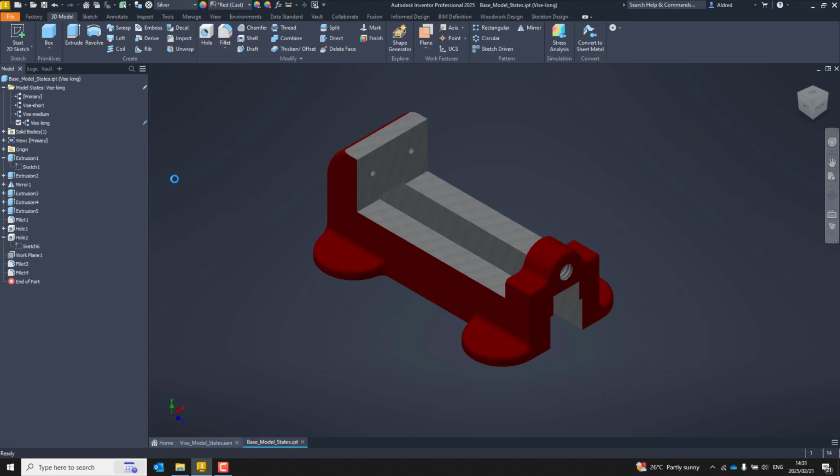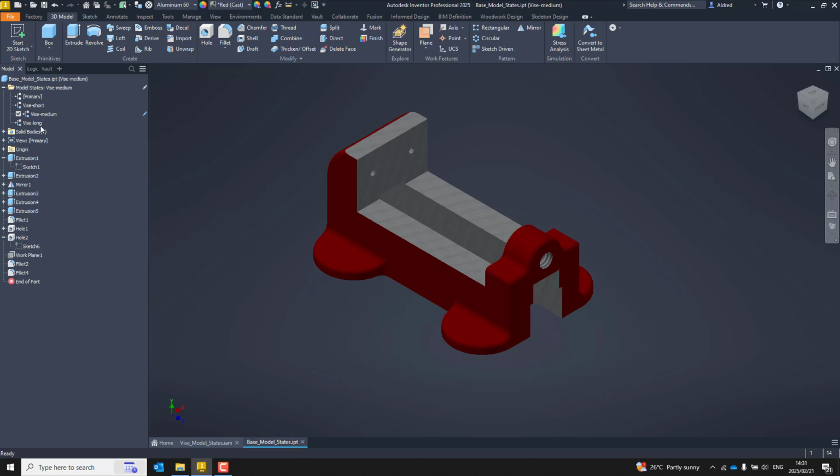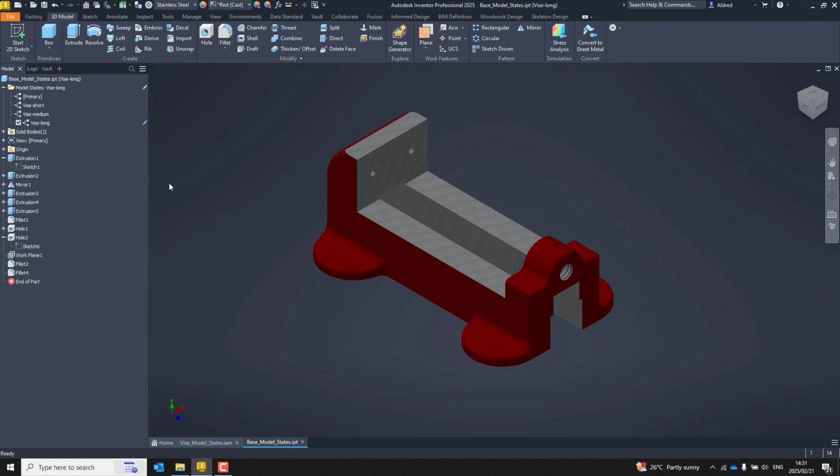So now, if I go back to my vice short or my vice medium, you'll see that that's silver, no, stainless steel. If I go back to my vice short, it's cast steel, vice medium, it's aluminium, and vice long is stainless steel. Okay. If I want to take a look at it in an Excel type environment, right click